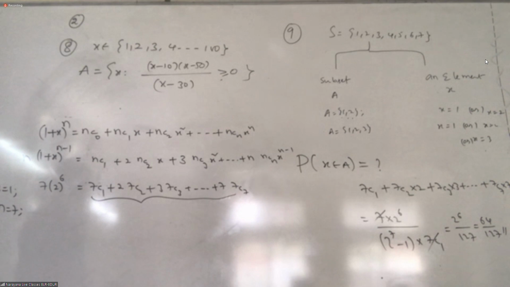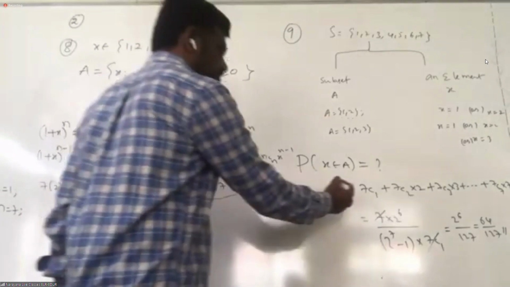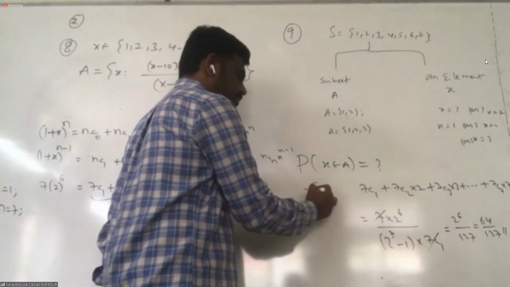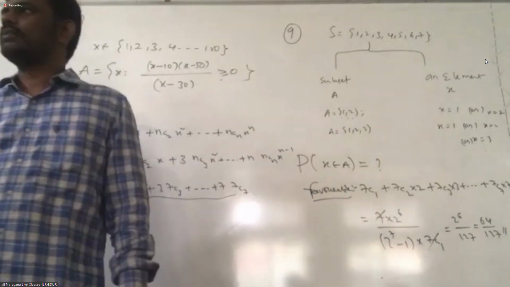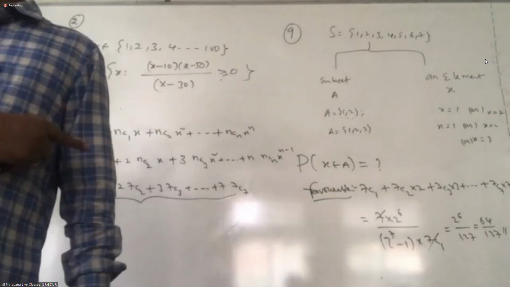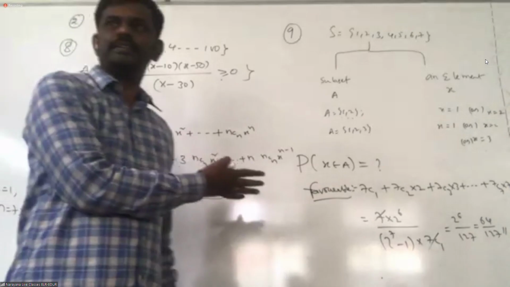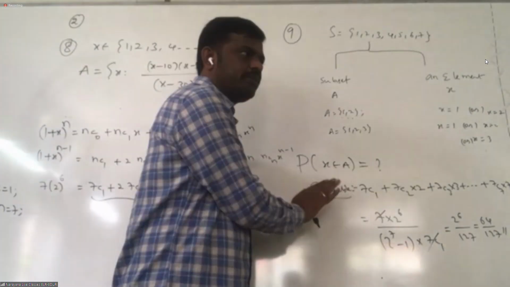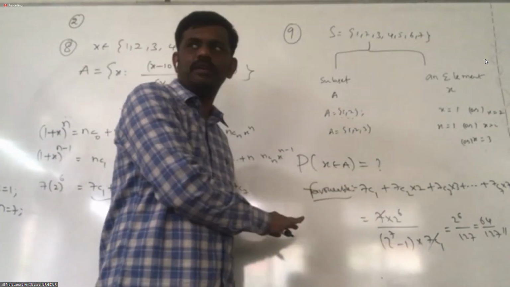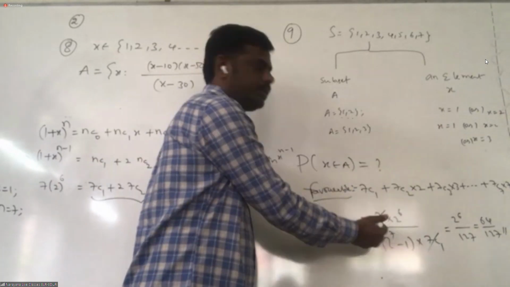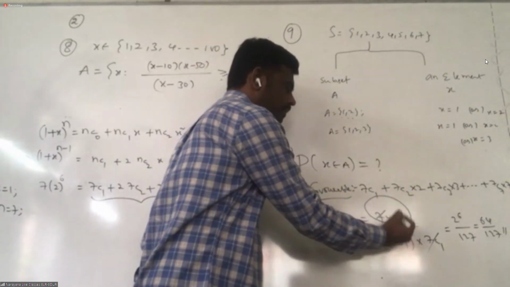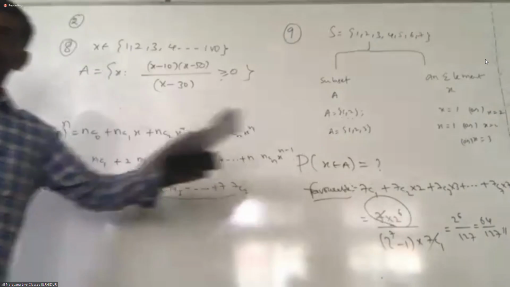X equal to 1, then number of subsets. Of course, finally, you will get this only, right? Your favorable cases is this. Understand why I am doing like this? Same question, suppose they ask in permutation combination, it is useful. What is your answer? 63, 64. Same question if they ask in permutations, whatever the numerator, that is your favorable, right? So do you understand now how to find such kind of values?